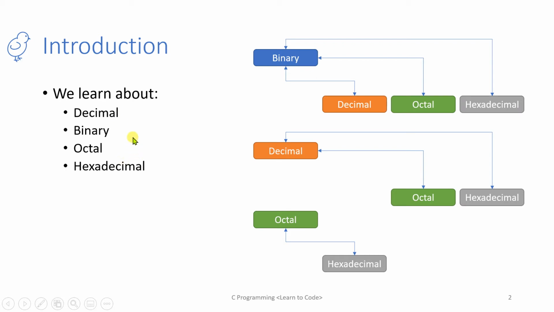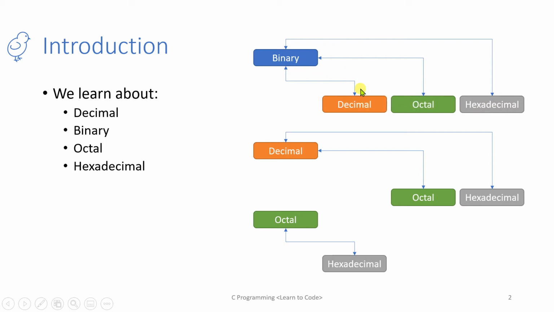In this lecture we will emphasize conversion. Like if a binary number is given to you and you want to find its decimal or octal or hexadecimal equivalent, those things we are going to discuss. All the conversions that we are going to discuss I have mentioned over here. First I will take a binary number and try to convert it into decimal, into octal and into hexadecimal, and again vice versa.